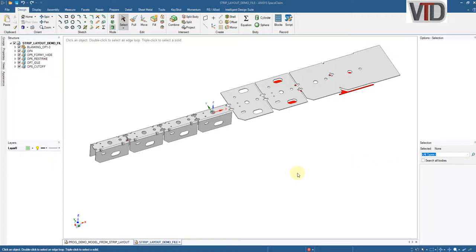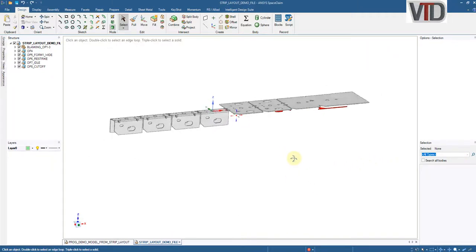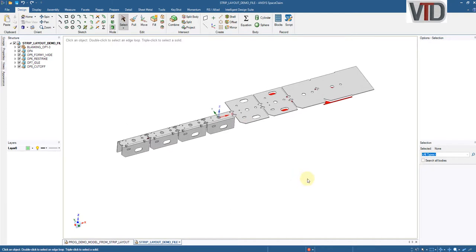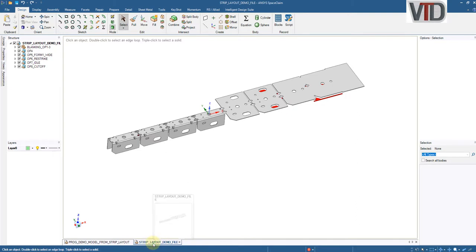Hello, today we're going to work on a PROG die. We're going to take an existing supplied strip layout, bring it into a new design file, and start modeling the die around it. So let's get moving. Here's the strip layout demo file that was supplied by the customer, and I've gone ahead